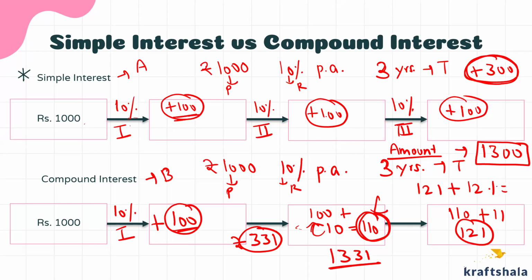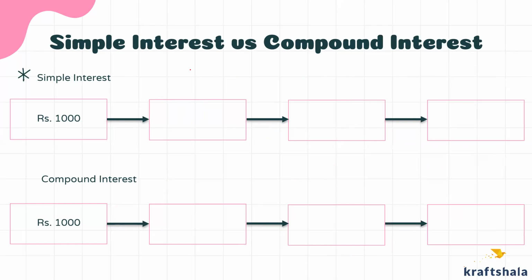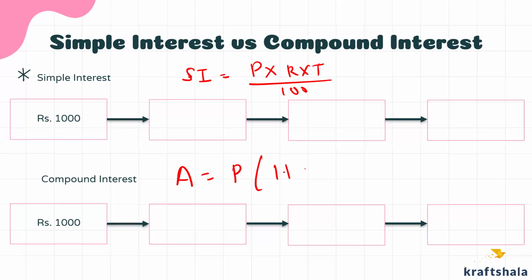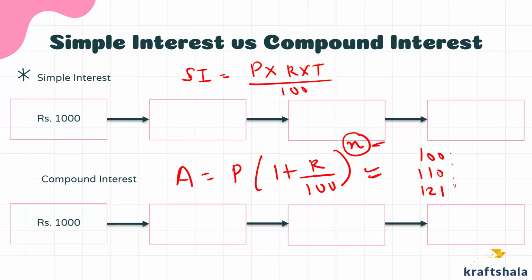ठीक है, just for the sake of knowledge, I can tell you the formulas as well. So simple interest के लिए, though we don't require it as such, it's not a formula, it's simple logic. Compound interest में that is what we use. Right? जहाँ P है principal, R है rate, N is number of years, and A is amount. So इस वाले formula में there is an issue, because if it goes beyond 3 years, it will become difficult. But अगर हम ऐसे करें 100, 110, 121, then it becomes easy. All right, let's do a couple of questions.